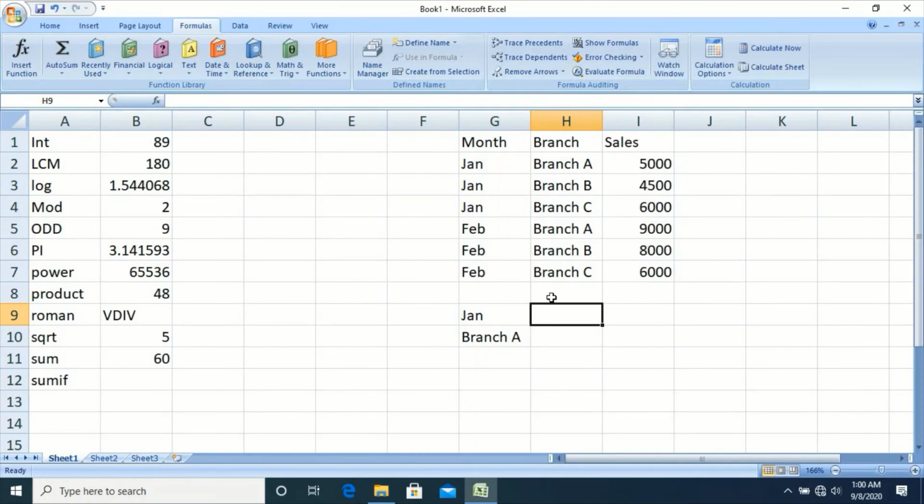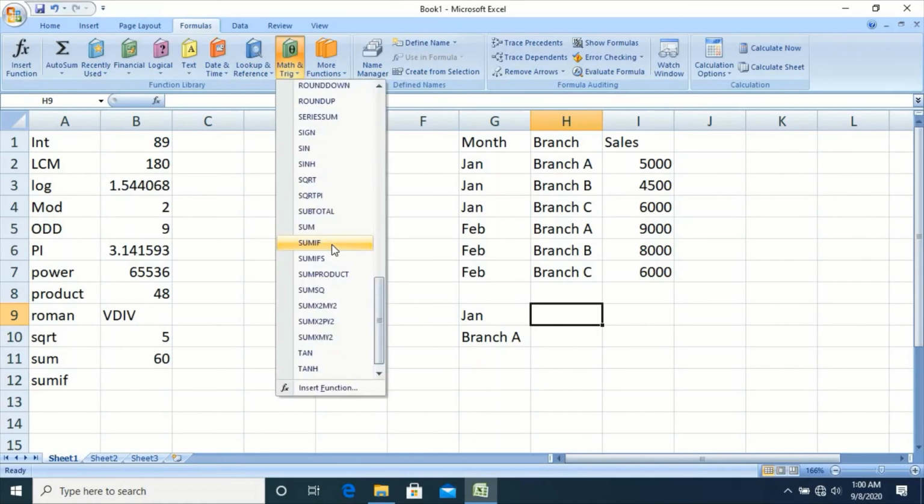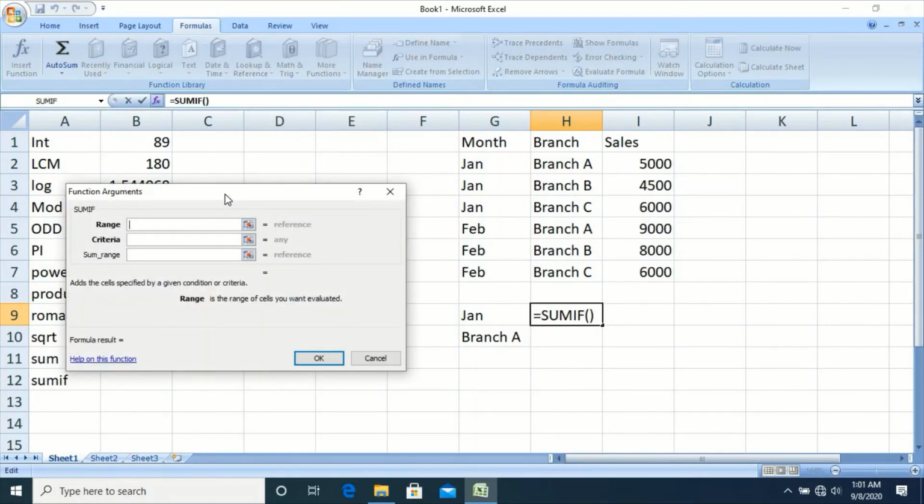So let us see how to use this SUMIF function. Select the function SUMIF. It has 3 parameters: range, criteria and sum range.